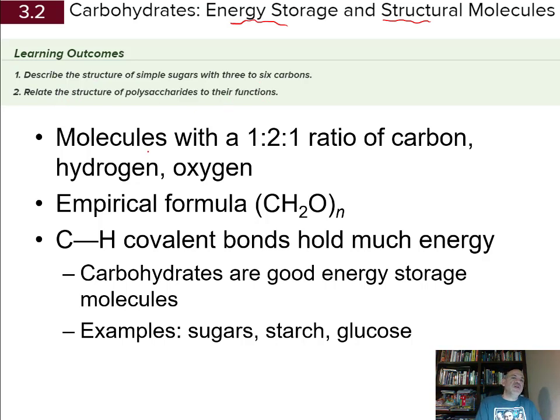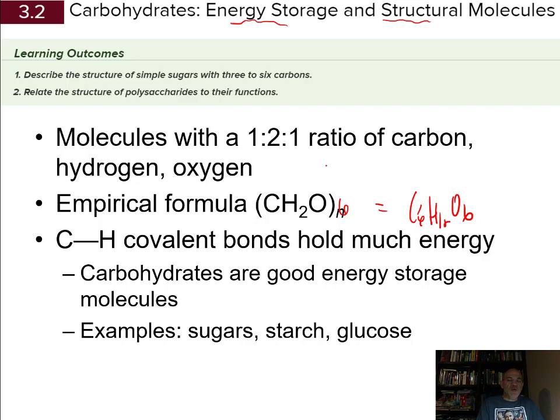So when we look at carbohydrates, the simple ones are going to have a ratio of 1 to 2 to 1 of carbon, hydrogen to oxygen. So this would be what we were talking about in the last section, an empirical formula, which is the lowest ratio that you can get. So that's understood to be 1, so that would be C1H2O1. And then the n on the outside of this empirical formula, you would put a number there based on the number of carbons, and then you just multiply the subscripts by that. So if this is a 6-carbon sugar, then this would be 6, and then you would multiply everything in there by 6, and so then that would give you